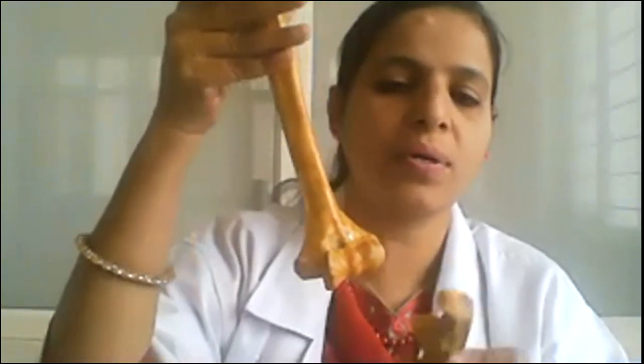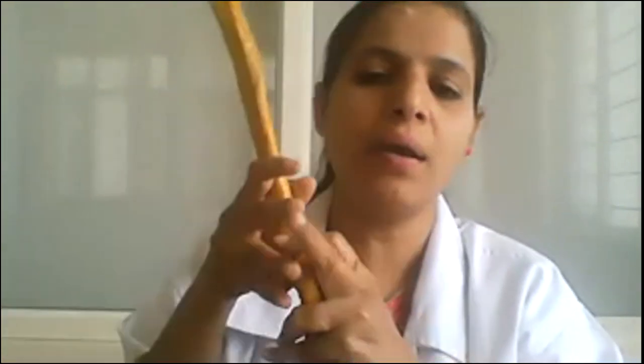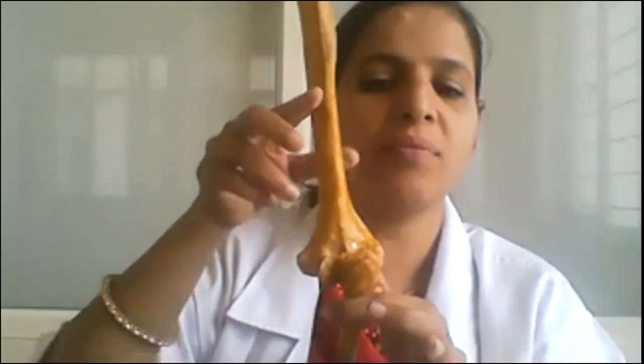Now if you just see, this is also the left humerus bone, and I told you this is the trochlear notch. So the trochlear notch fits into the trochlea of the lower end of the humerus. In this way, it takes part in the formation of the elbow joint. And if I also articulate the head of the radius over here, you can see the head of the radius is articulating with the capitulum. So altogether, three bones are here. You call this joint the elbow joint. Okay, the trochlear notch is for the trochlea and the capitulum is for the head of the radius. Okay, like this it is.